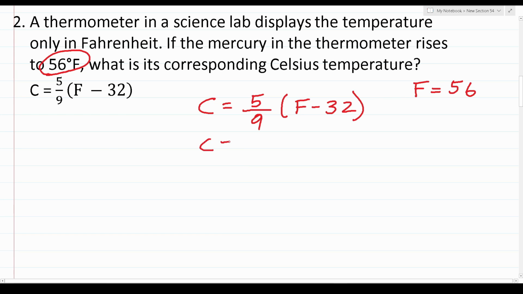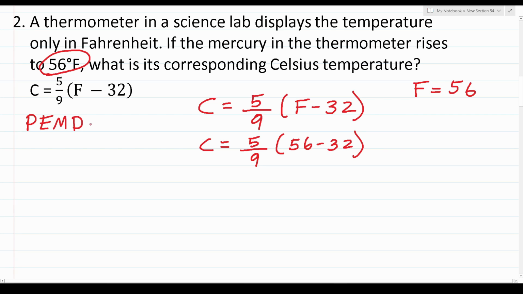We have Celsius equals 5 over 9 times, again, Fahrenheit, our F is 56, so this becomes 56 minus 32. So at this point, we're left with this equation, 5 over 9 times parentheses 56 minus 32. According to the order of operations, we're going to work out what's in parentheses first, and then we'll take care of this multiplication. And if you need to see the order of operations, let me write those out for you. Again, the order of operations are best remembered by the acronym